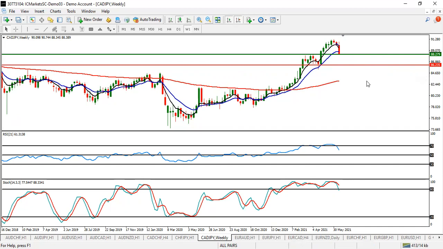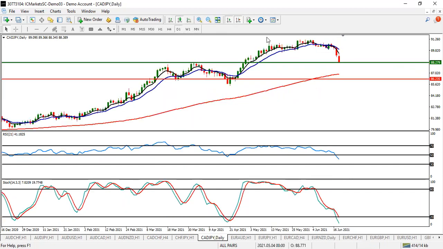It may drop down to 86.23 during this coming week. Okay, so that's going to be our weekly target. So the daily target also shows us the same thing. This may help this pair to keep pushing down, but we can see on the daily, CAD JPY is currently sitting